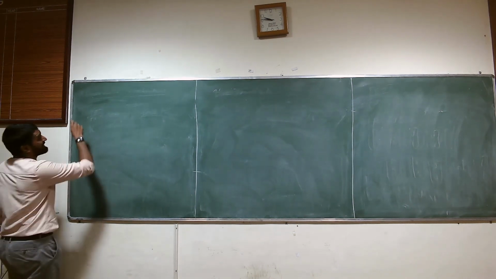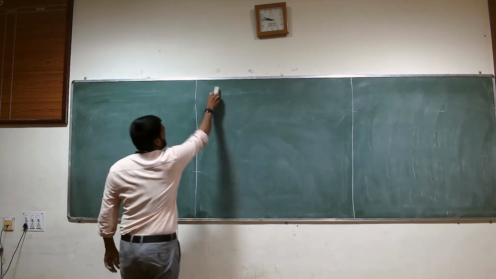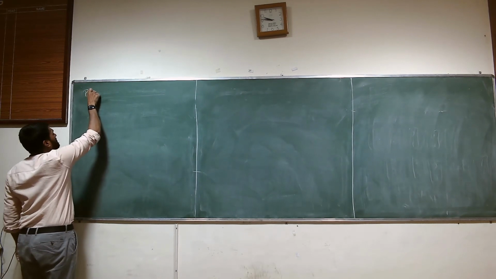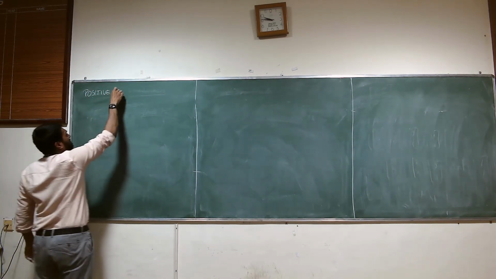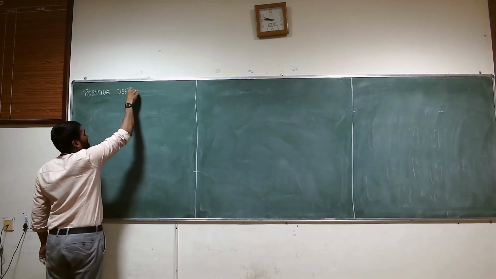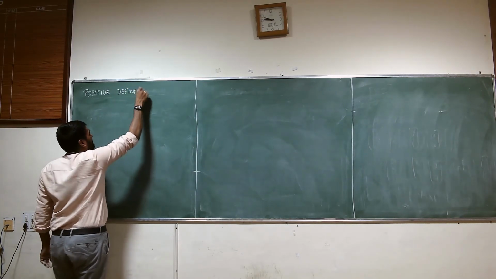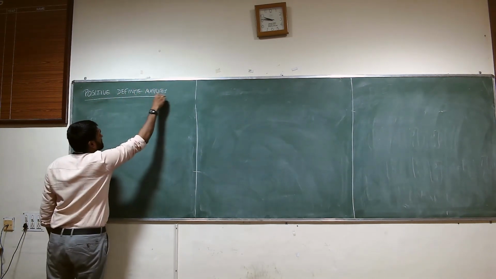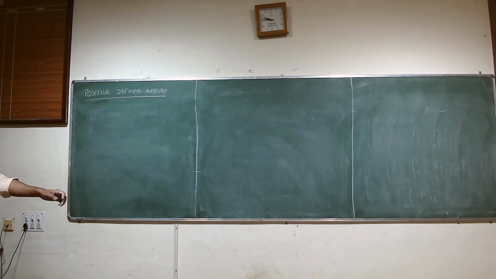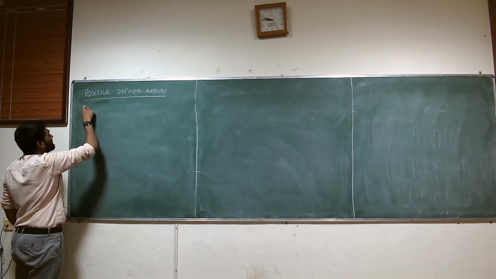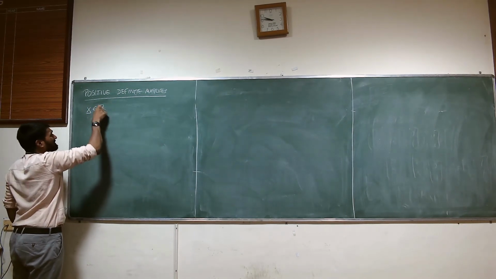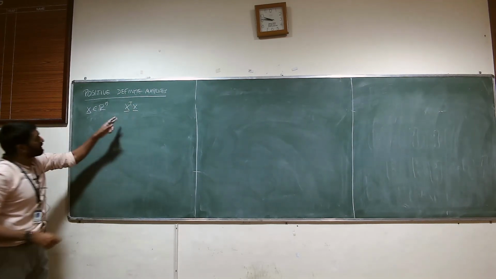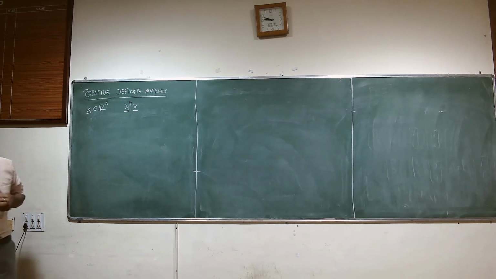Okay. All right. So the next topic we'll look at is another important topic, which is on positive definite matrices. We know that if you have a vector from Rn, what do we know for sure about this? If I have a vector from Rn and I take x transpose x,